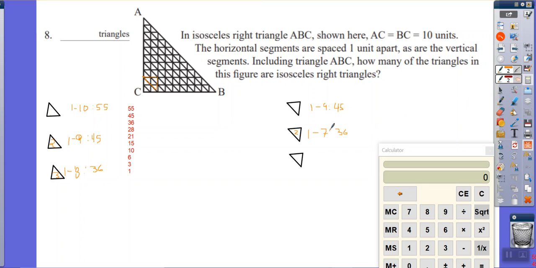So let's see if that pattern of skipping one of the numbers in here happens again. So let's go with the 3 by 3. And this time, notice how we've had to start even farther inside the triangle to get my 3 by 3. And I'm only counting the triangles facing this direction. So we have 1, 2, 3, 4, 5. Oh, so here we have the numbers 1 through 5, which would give us 21. So I've skipped the 55, and I skipped the oh